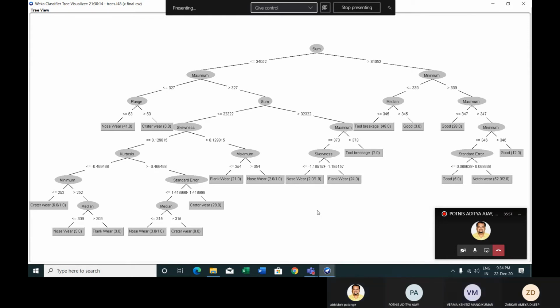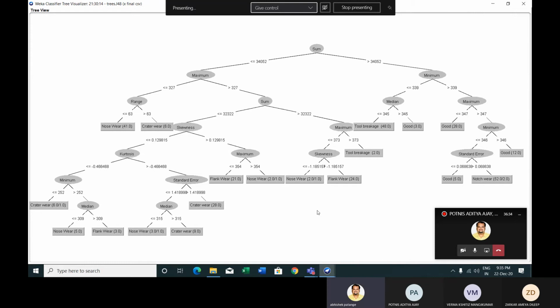Even if the initial flank wear stage matches with good condition, it will classify it as good condition only, because this complete model is based on the initial boundary conditions and initial faults which are considered. Now here we have considered flank wear. Now you can ask me how much is the dimension of that particular wear, how much part of the flank of that cutting tool was worn out.